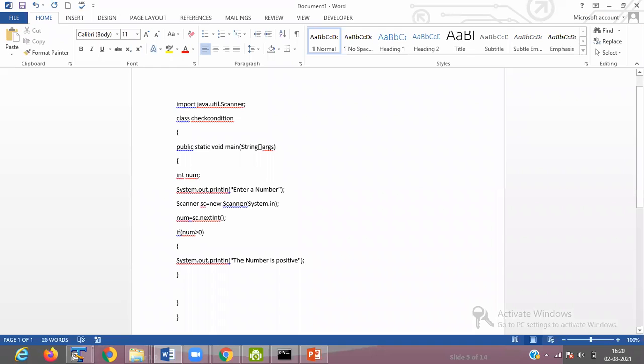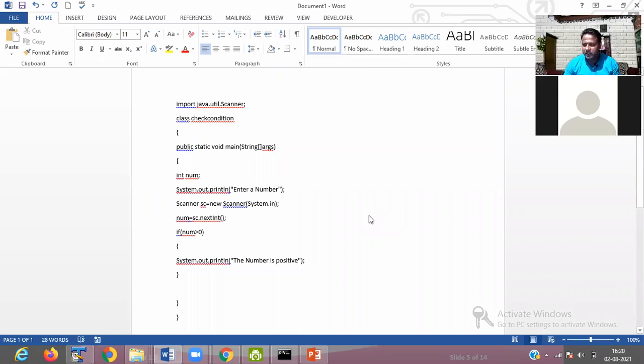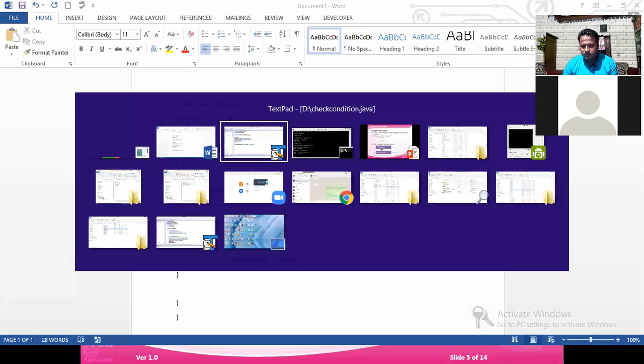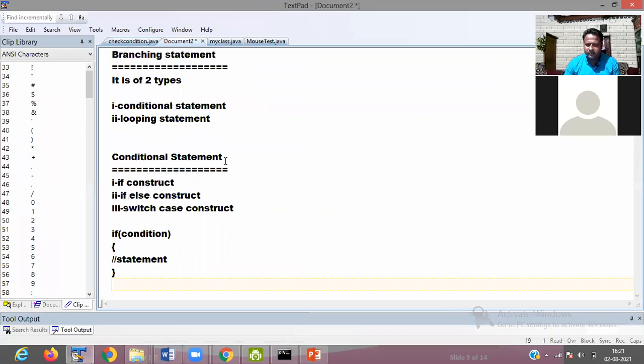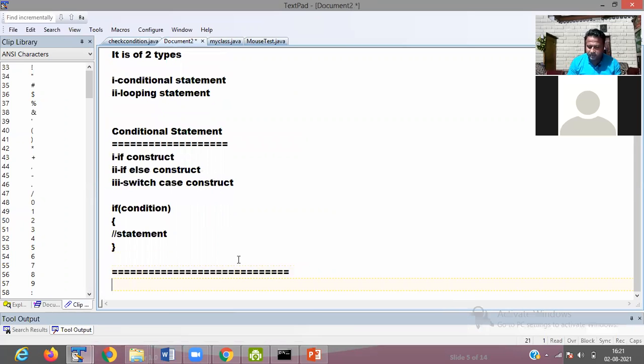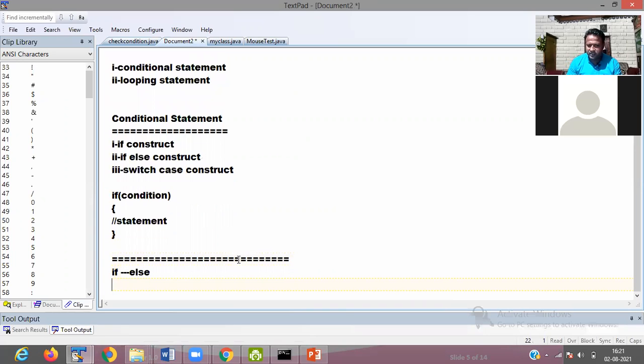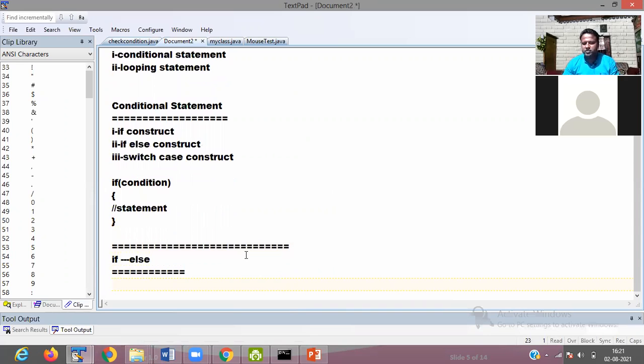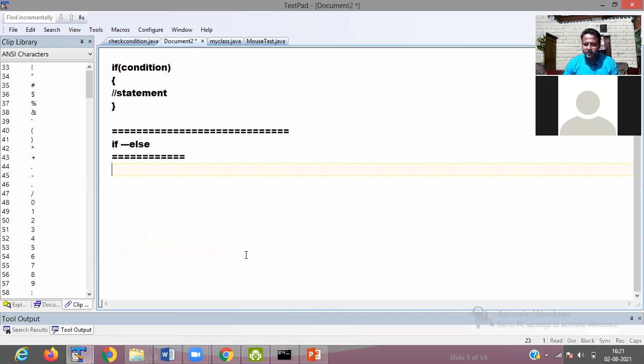The next example is another construct that is called if else. If else is saying that if your condition is false, then what will it display? Suppose if, then you go for the condition.